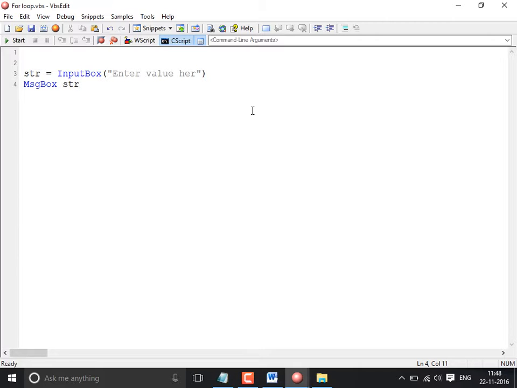What should I do? One option I have is to copy paste 10 times. But is it a recommended approach? No, right? So the other way is the for loop. What I said here, 10 times, right? So keep whatever code you have written inside the loop. Now what you do, for I equal to